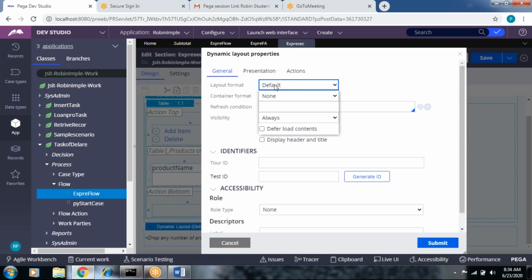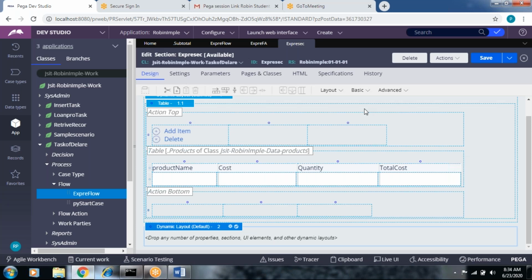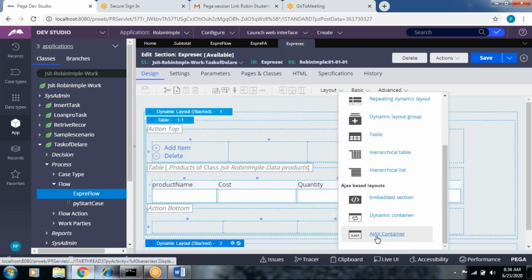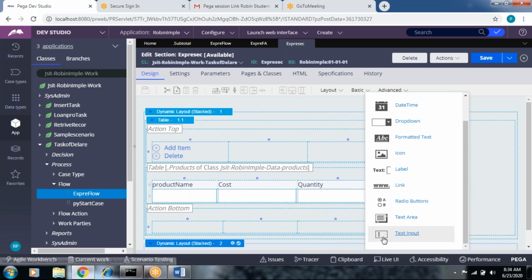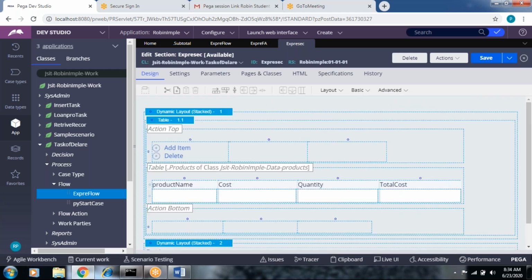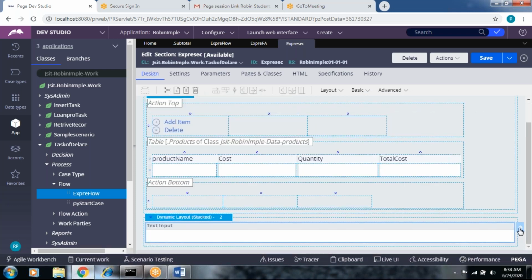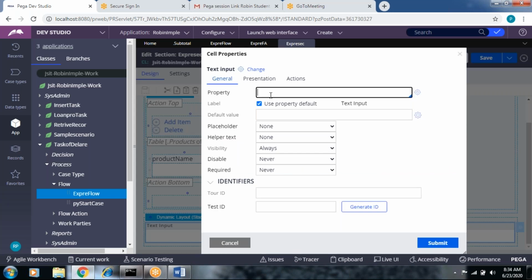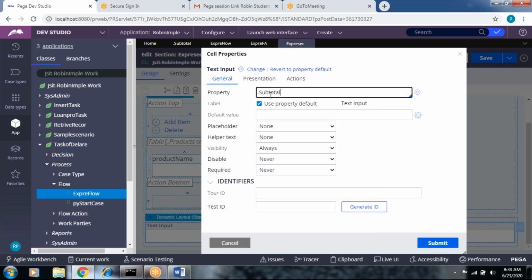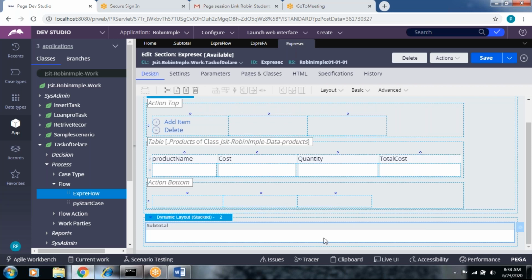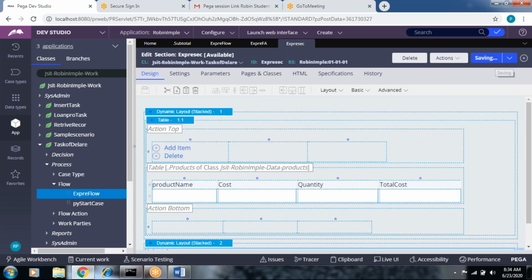The property should be subtotal. So drag and drop the text input and call the subtotal property. The data type is integer, and click on submit and save. Fine.